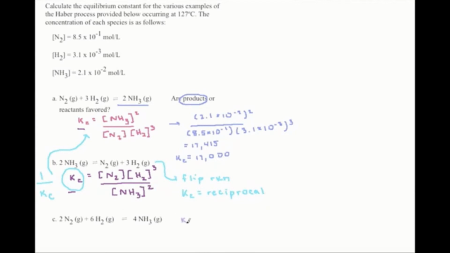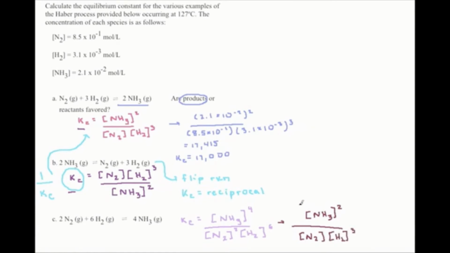So if I find my Kc of this one, I know that this is going to be equal to NH3, instead of squared now, raised to the 4th, and then N2 squared, and then H2 to the 6th. If I want this equilibrium expression to look like what it did in A, what I could do is take NH3 squared, all over just your N2 times your H2 cubed,